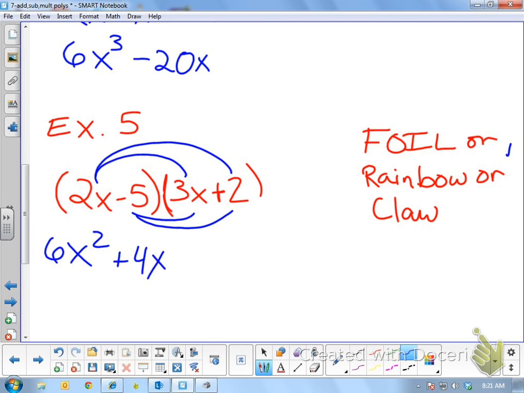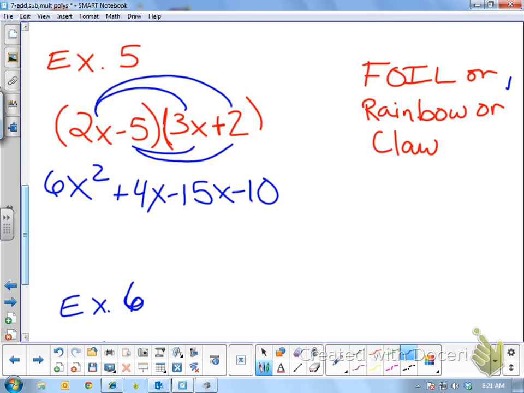We multiply again, but now we're working with the negative 5. We do negative 5 times 3x, negative 15x. Negative 5 times 2, negative 10. And now, if there are any like terms after you've multiplied,